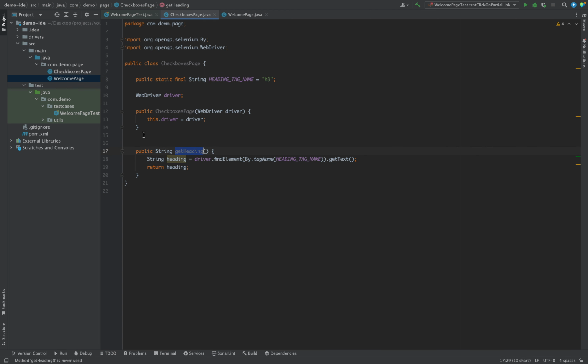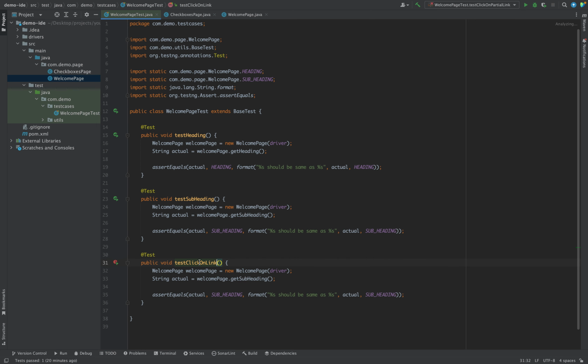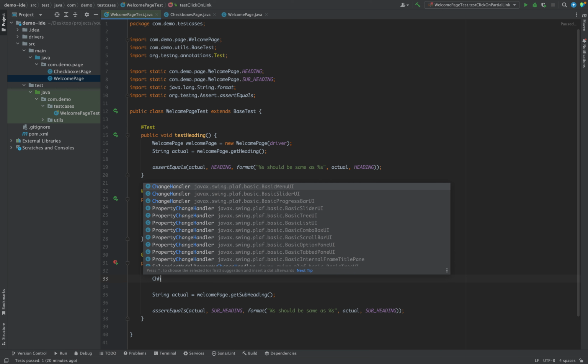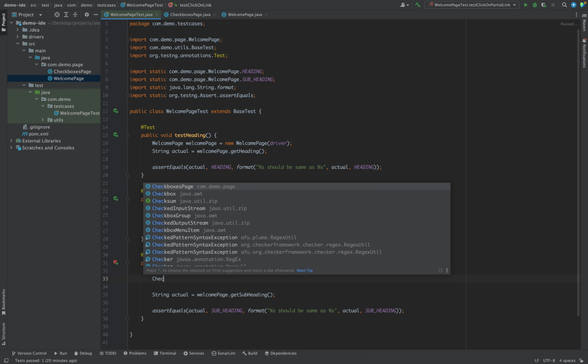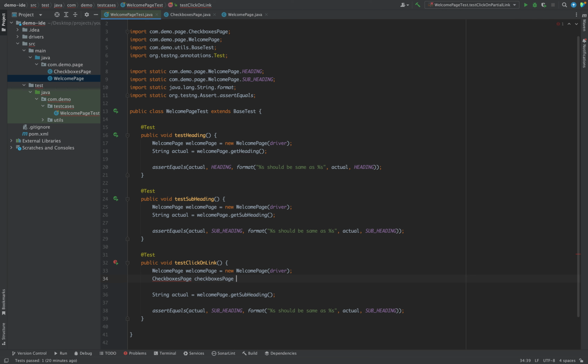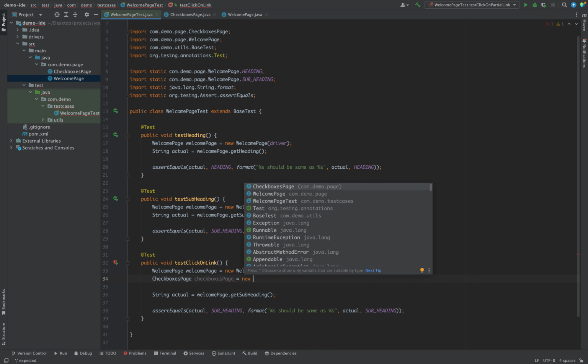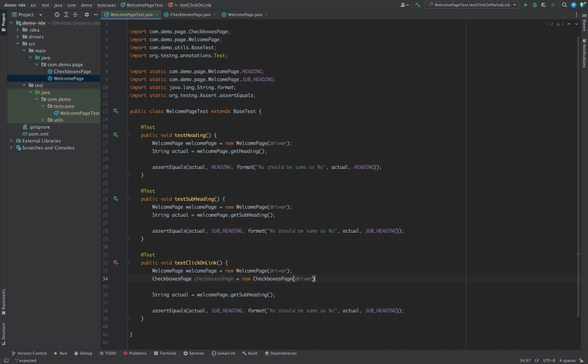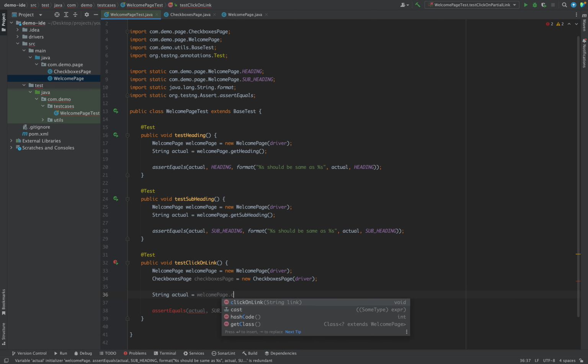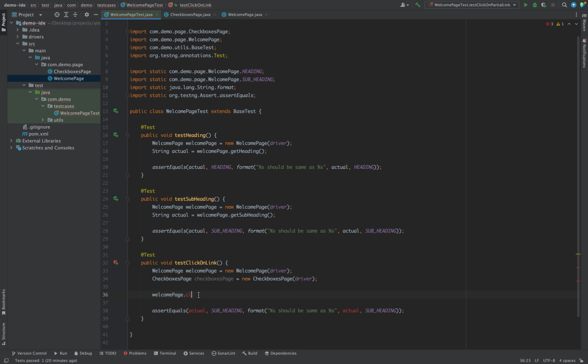So now we have added a page checkbox, and after that let's come to our test class, and we will just be instantiating our checkboxPage equal to new CheckboxPage(driver). And after clicking on the link, so let's say checkboxPage, click on a link,